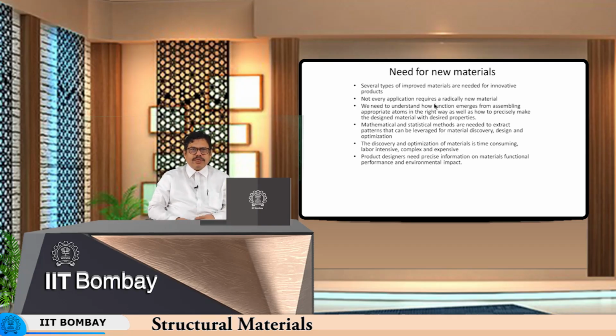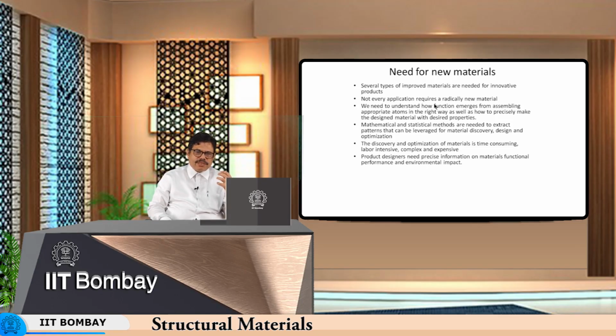Now, the need for new materials has always been there. For instance, natural materials do not suffice for all conditions because our requirements, the needs have been changing and these needs have been increasingly challenging. So, the naturally occurring materials do not suffice anymore. So, even if you alloy a material with many other alloying elements, for instance, you have iron alloyed with a number of other elements like carbon, chromium, nickel, etc., still it does not suffice anymore.